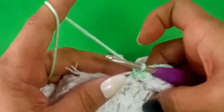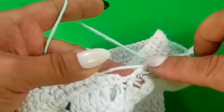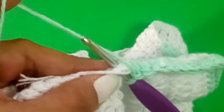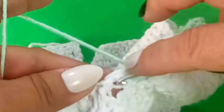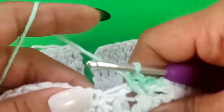And now we're here at the join. See where we're at the join. So I'm going to go ahead and go into this stitch. Let me see if I can make this a little bit closer. So again, here we are at the join. Whoops, lost. Okay, so I'm going to just go into this stitch. Always make a stitch at the join, a single crochet,